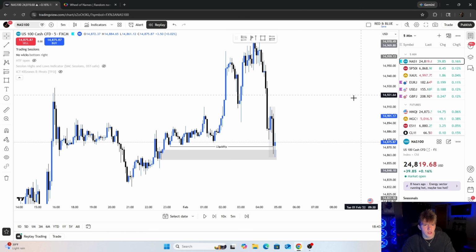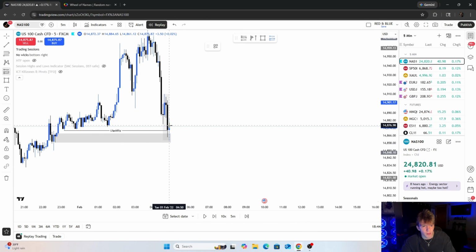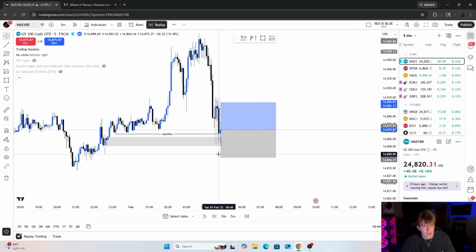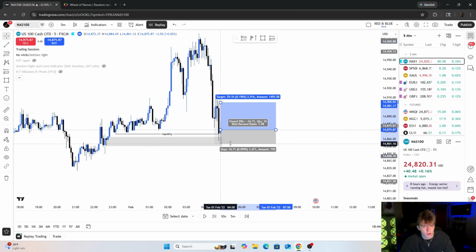But I actually really like this setup. So this would be a setup I would enter. This is at 4:50 a.m., just before London close. Stop loss would be right under your wick right here, and we'd be targeting strict 1 to 4s just for backtesting purposes. In live markets, you can read the market a lot better and decide personally. But yeah, we'll see what we get here.